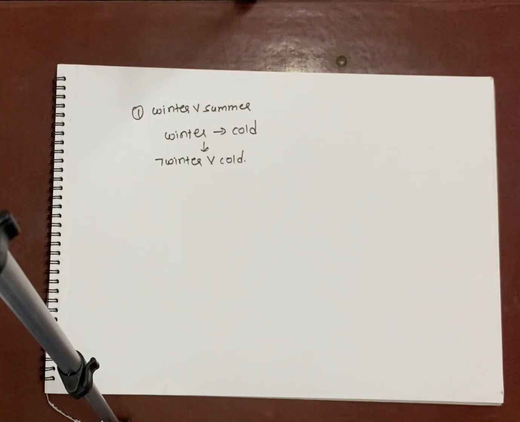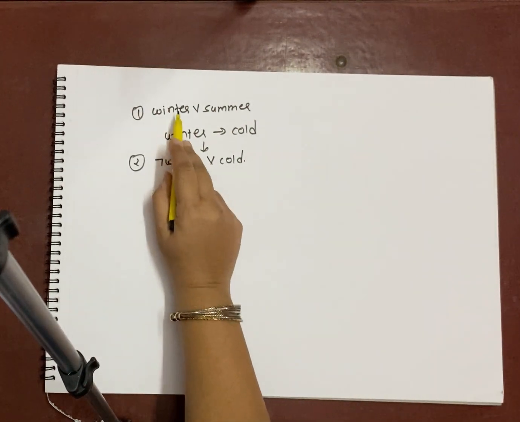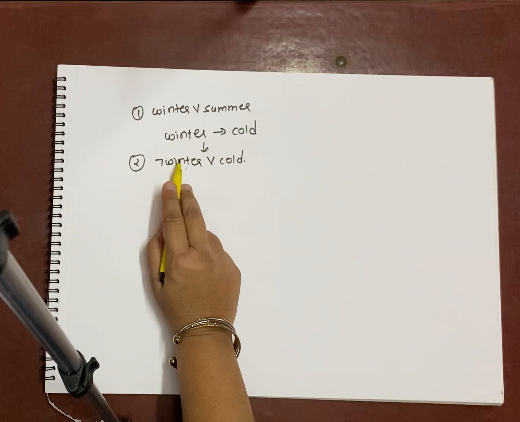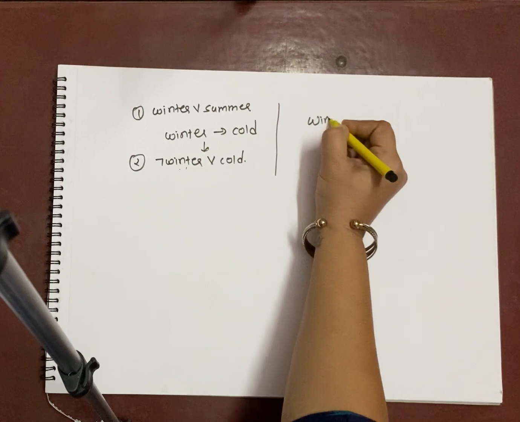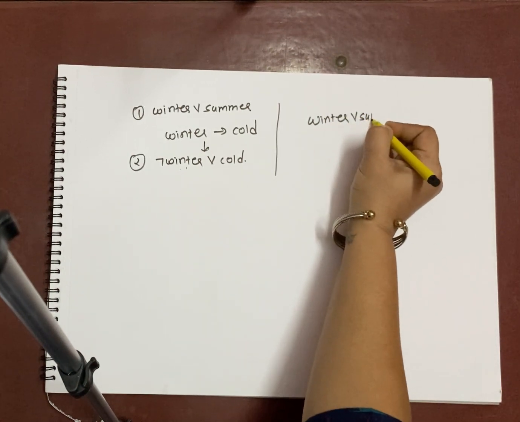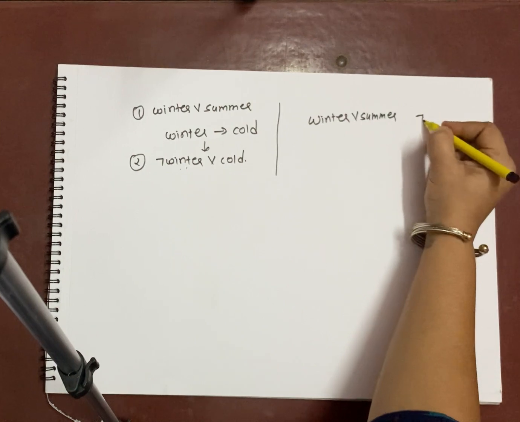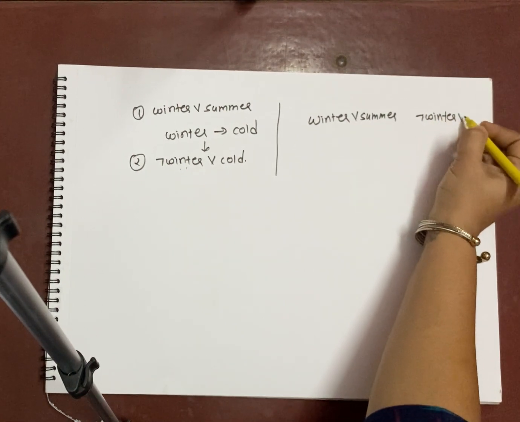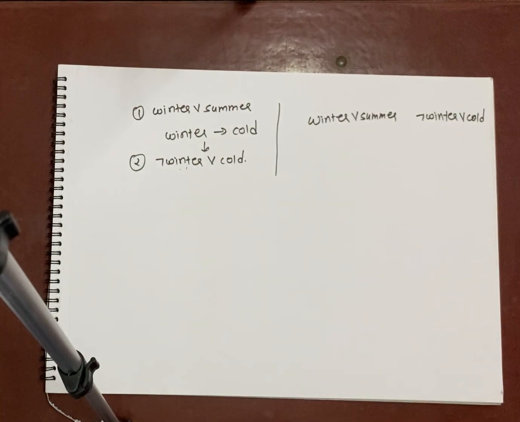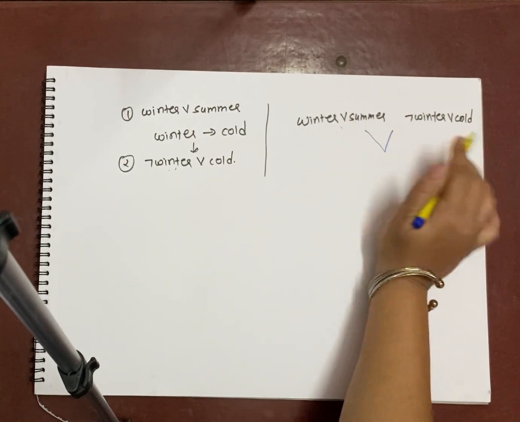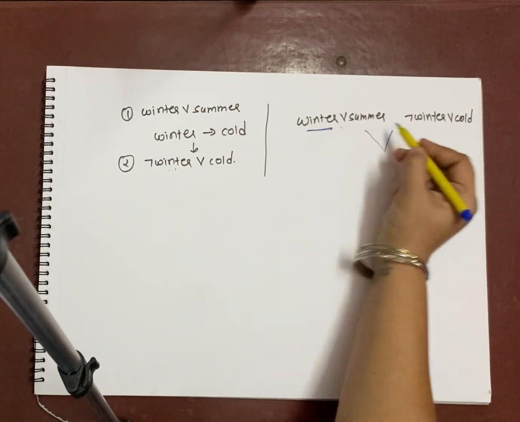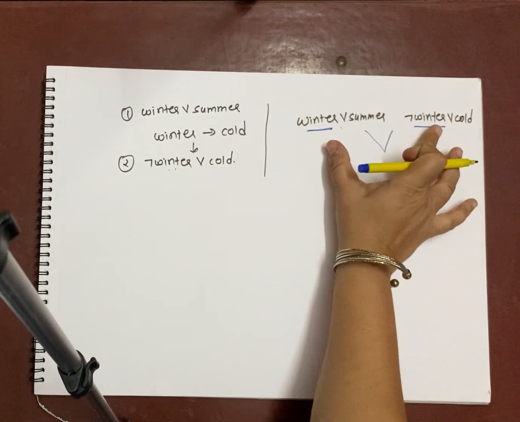Now suppose you have to apply resolution with these two only. You can observe that a negated atom is available, so these two can be selected as parent clauses. "Winter or summer" is one parent clause, and "not winter or cold" is the other parent clause. I am just explaining how resolution is applied with the facts. Once again, we have selected two parent clauses such that the atom is available in the positive form and the negative form, so a contradiction is readily available.